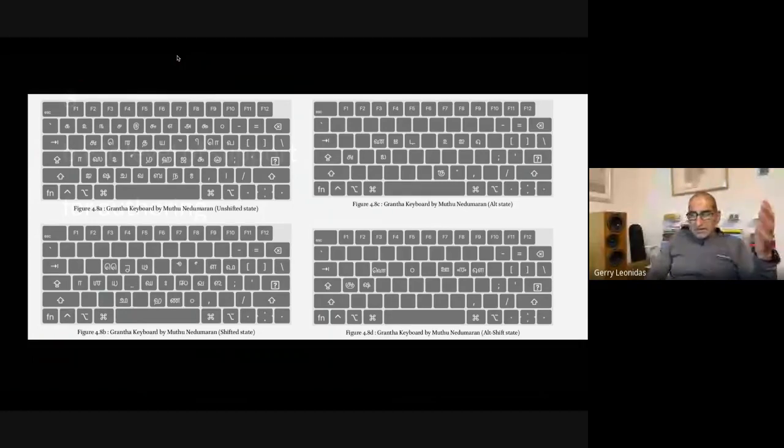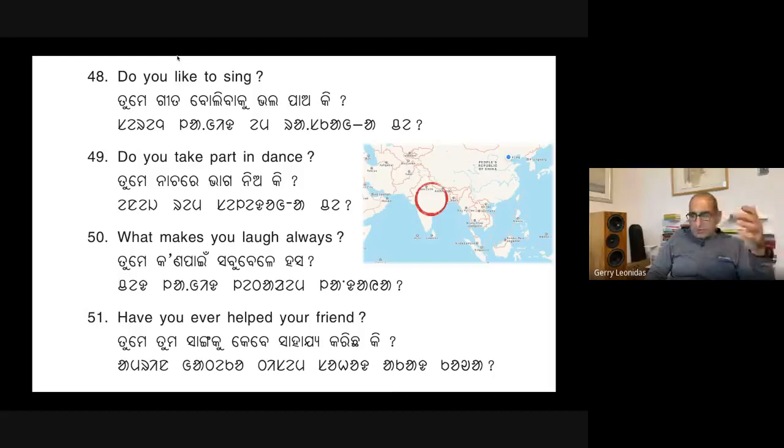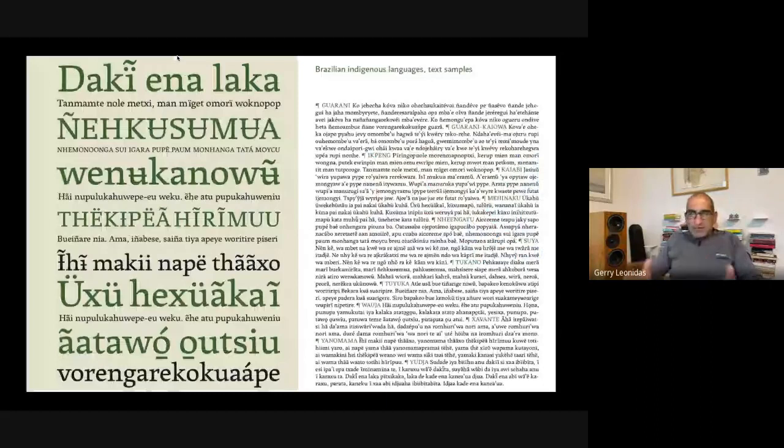So at a basic level, you want to be able to represent the script and so on. So this is an example from what I showed you earlier, a children's book where you might have an English first line, which is a shared language in India, the Odia script first, and then the localized version and so on. So this is fairly simple. It allows you to teach the children how to write and read that language. It doesn't allow you to do much more, because then you need to be able to have some richness in